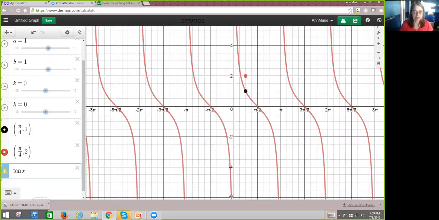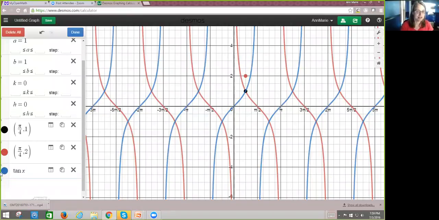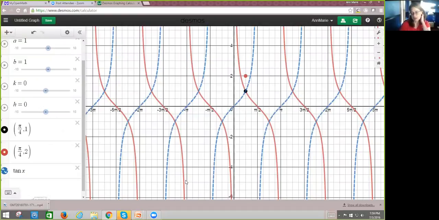Let me make tangent dotted so that it is not quite so messy here. So the blue dotted lines are my tangent function. The red line is cotangent function. And what happened? Well, it kind of looks like tangent